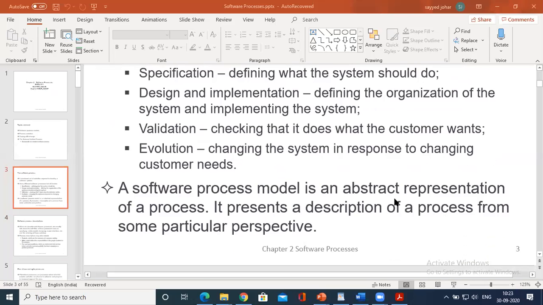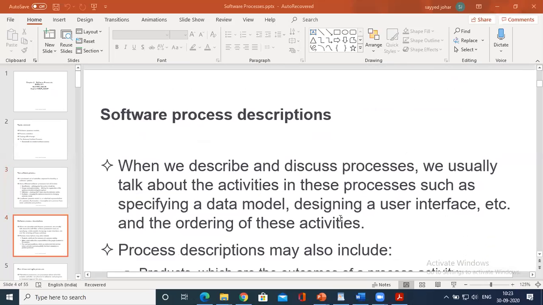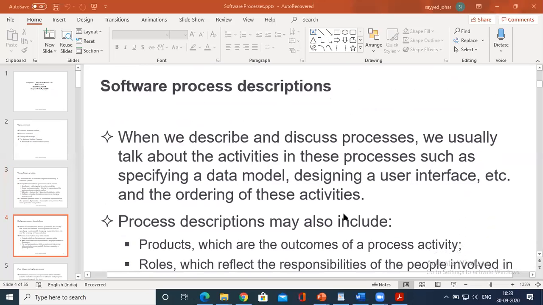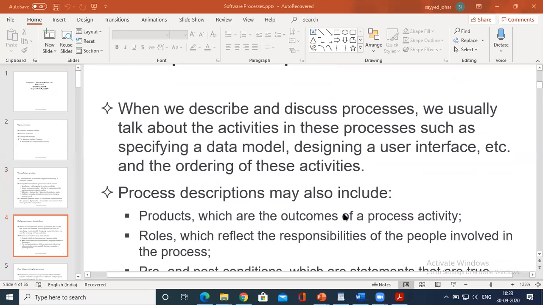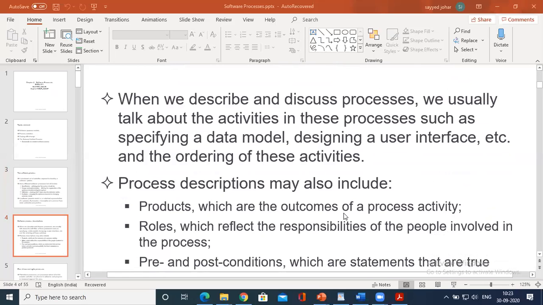So it is an abstract representation of a process. This unit consists of what are software process models, what are process activities, and how do you cope with change.